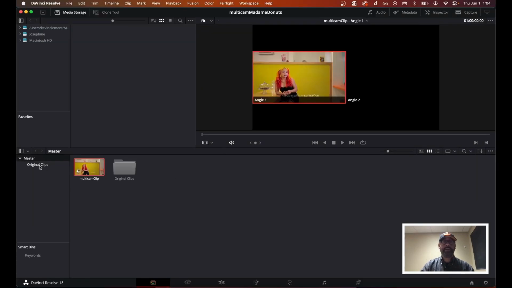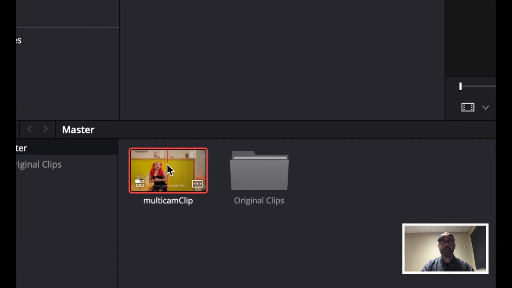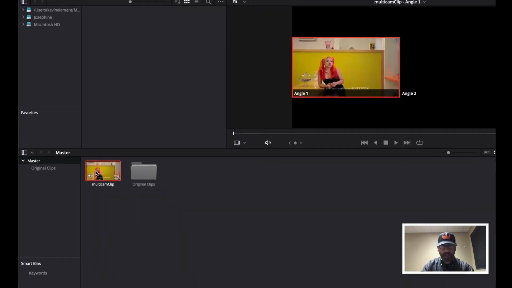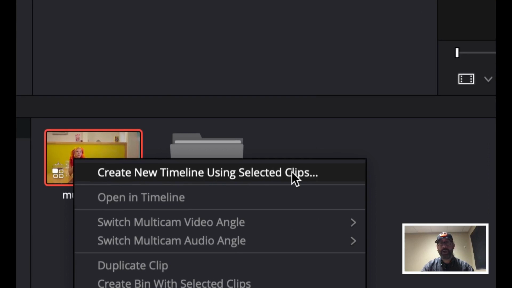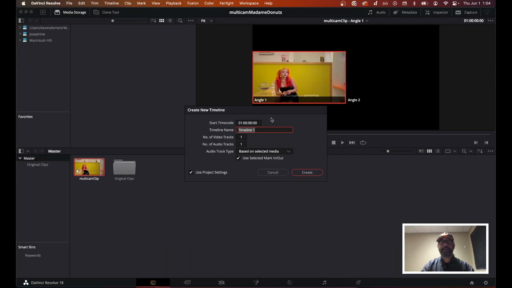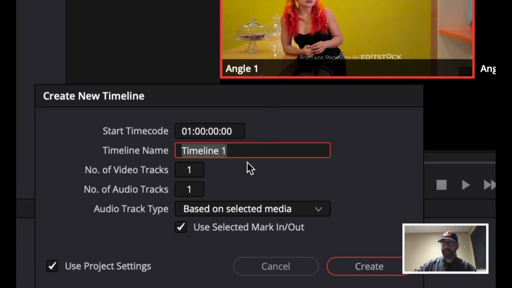So with this clip, and this is a powerful way to just quickly make a new timeline with something that you have. This could be footage or audio. It could be a multicam clip. We can just right click on it, and we can just say create a new timeline using the selected clip. And this is going to be my master output. This is what I'm going to eventually export to the world. So this is something I can call